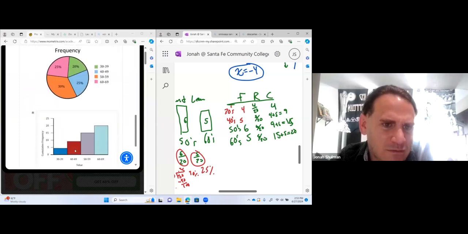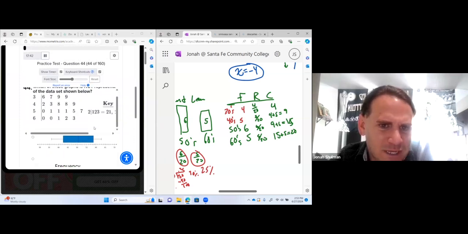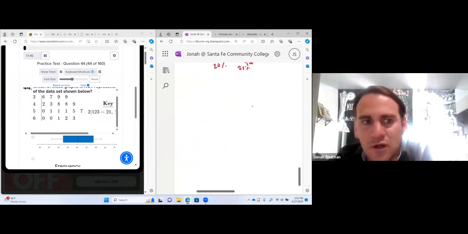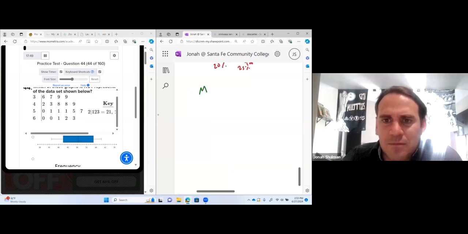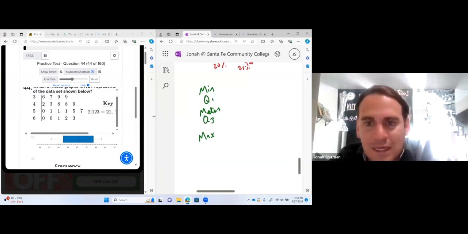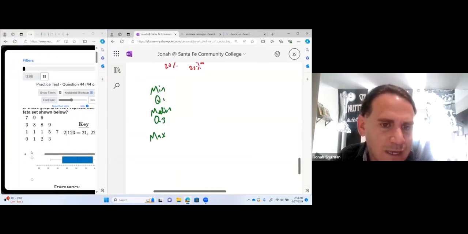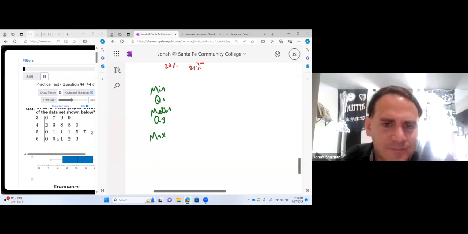But what about this one, right? What about this guy? So I've got to make this box and whisker plot. It shouldn't be too hard. I just need a minimum, a maximum, a median, my first quartile, and my third quartile. What does that mean? Basically, it means that I have to separate this into 4 quarters to see the spread of the data. That's all I have to do. So I'm going to write them all out.